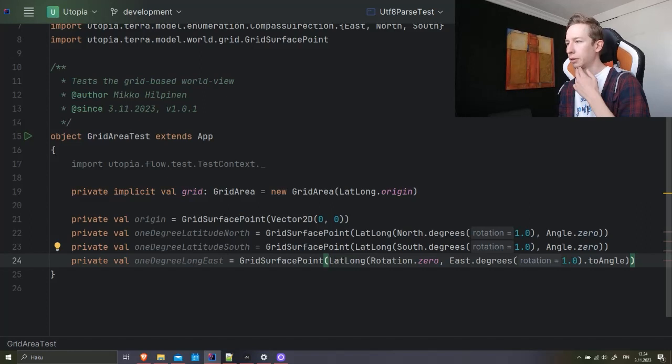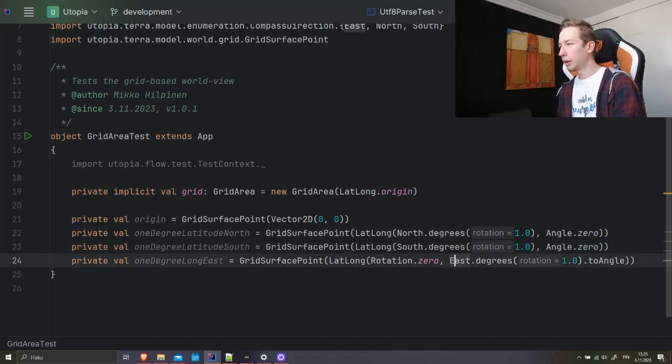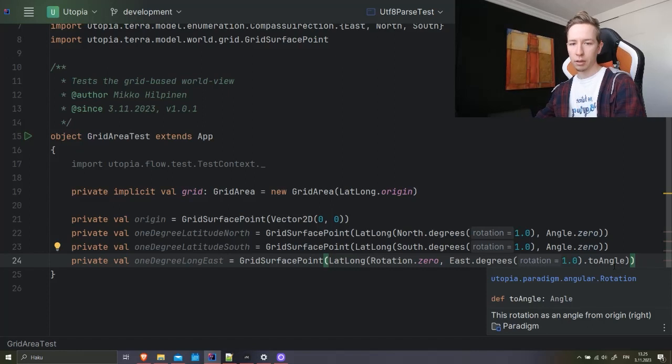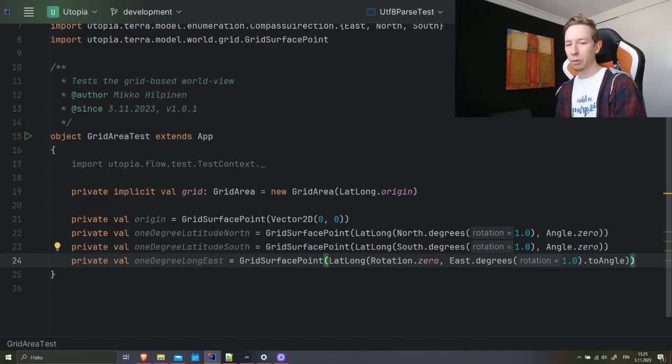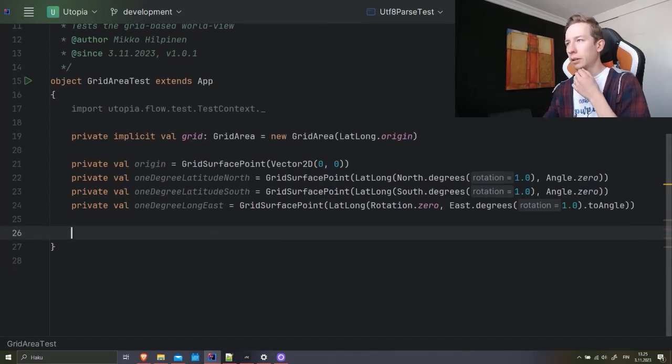models we have nice, like, we can write east and north and south instead of having to figure out which direction was positive, which was negative, and that sort of thing. So that's what I like about this Terra library. It makes things not necessarily simple, but at least like human understandable. So next, let's